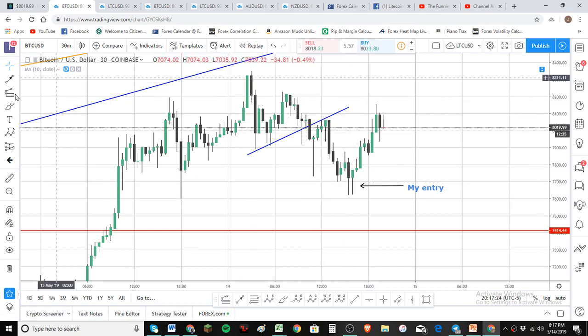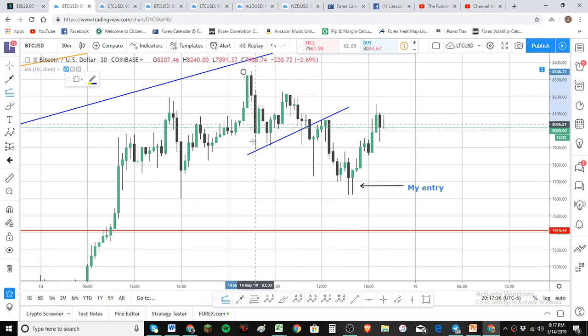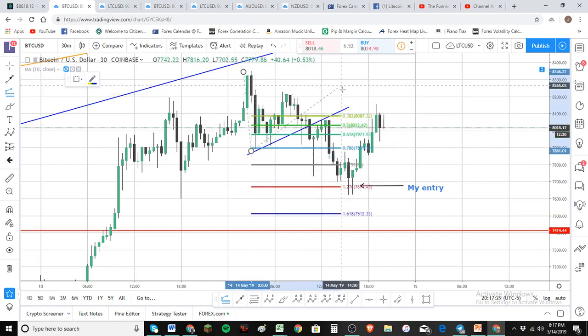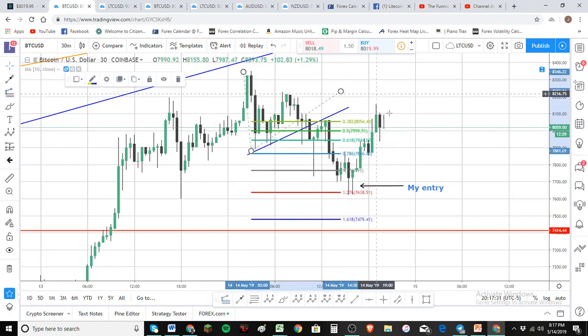Now, what we do is we put the fib extension on it as it comes down right here. Basically any 1-2 wave or an AB wave, and we see where price comes down to. Price came down to here and bounced off. And that was a really good signal that might have been corrective, but it continued on down and stopped at